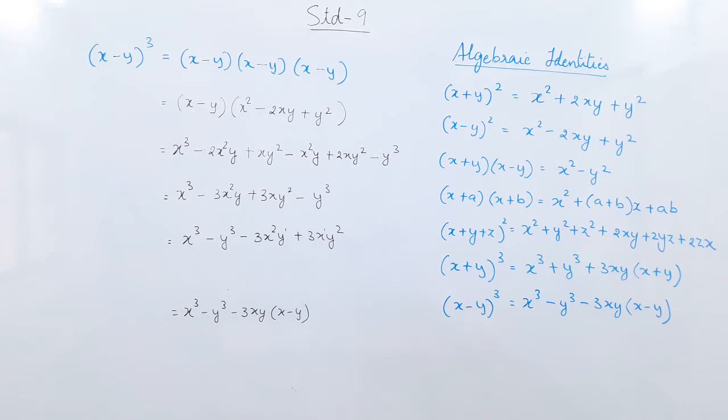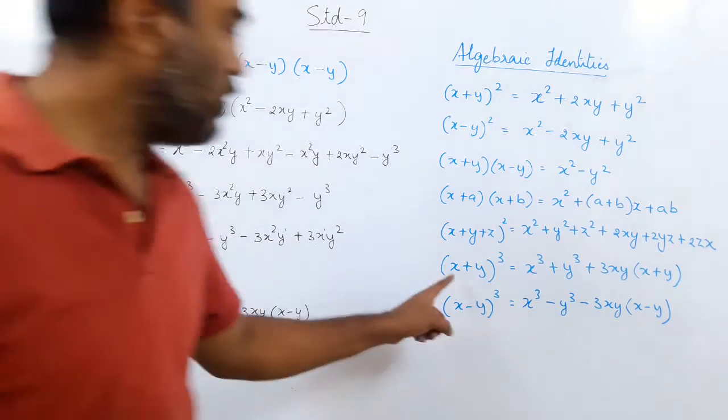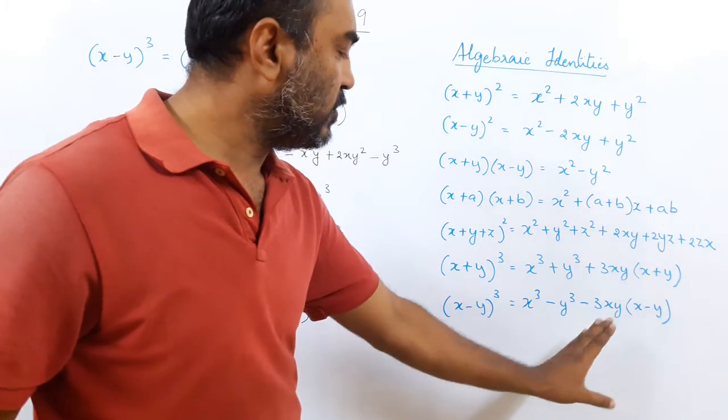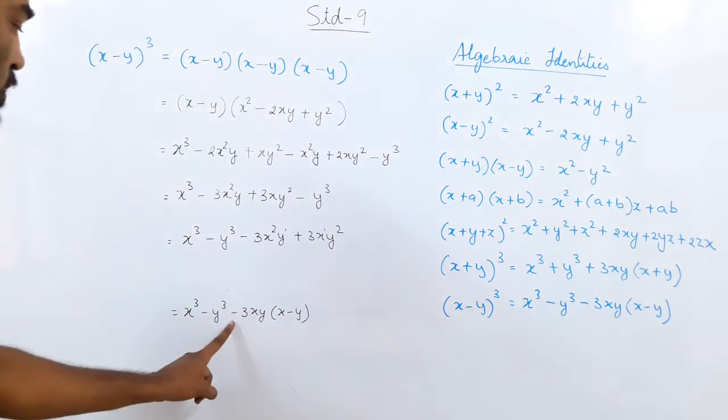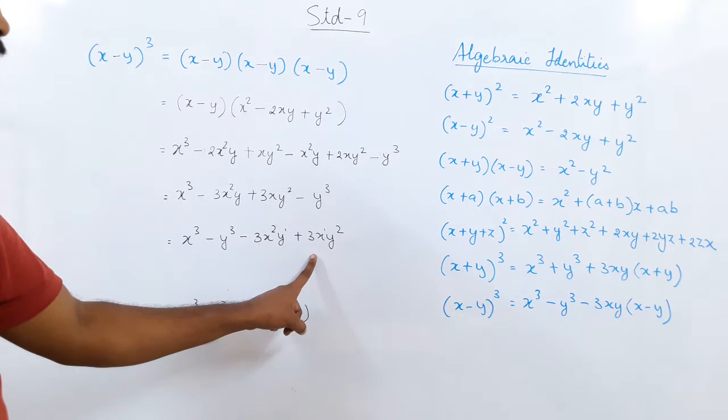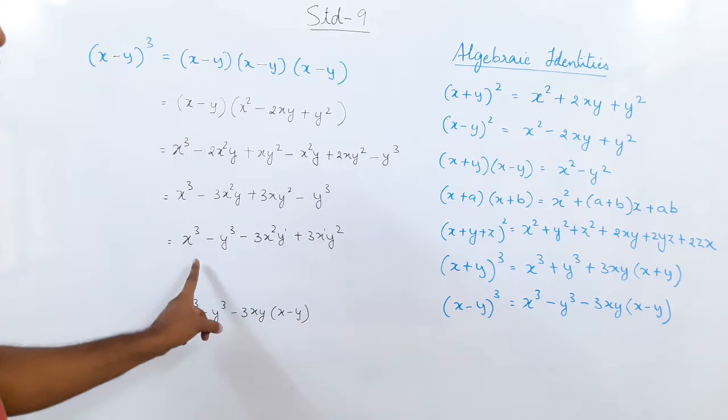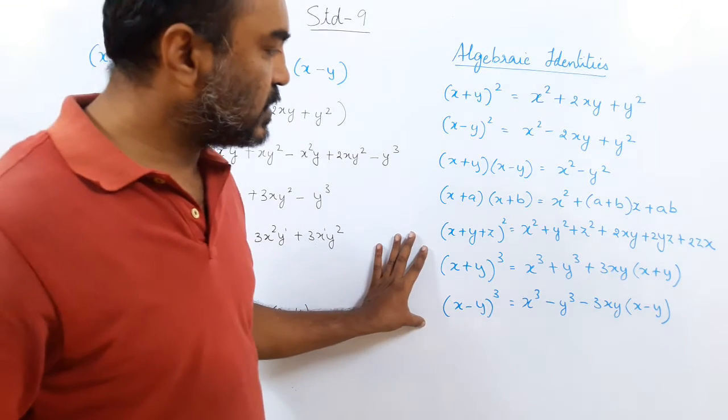Have you followed? So we have got a minus everywhere. Here we have got a plus everywhere. Here we have got a minus everywhere. Then when you open the bracket, you will see this minus into minus will become a plus. Yes, later on. But to remember, this is the best way to do.